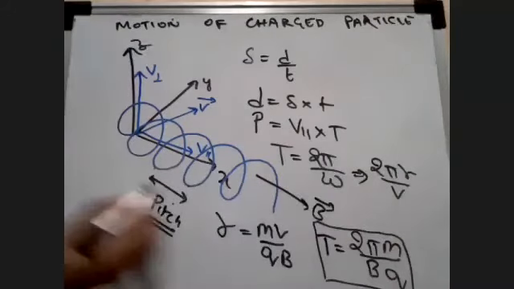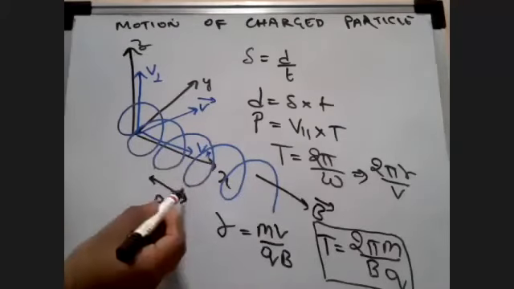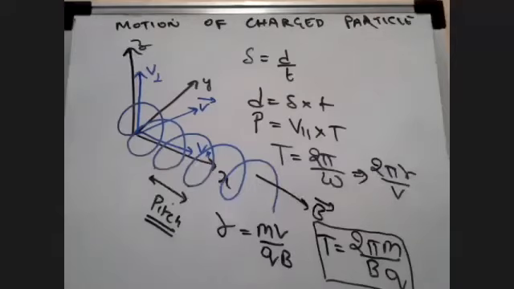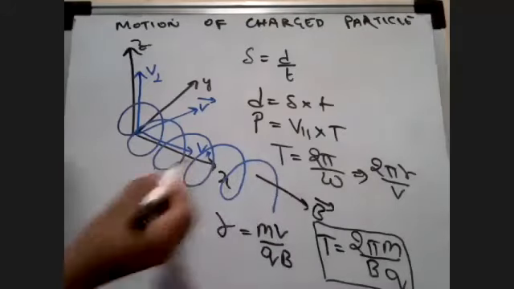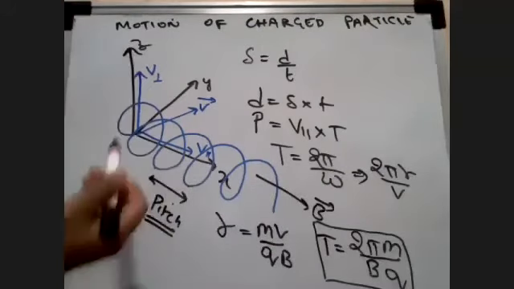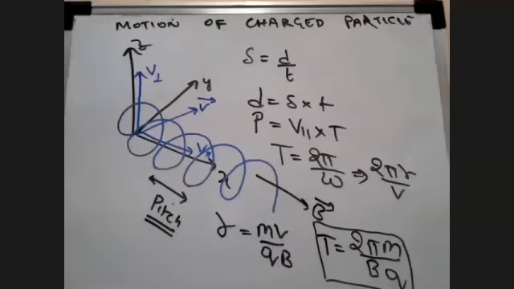The time period is the time taken from one point to travel to the end of the rotation. The first and the second thing we know is that pitch is equal to V parallel into time. Please remember, it is not V perpendicular. By mistake, if you take V perpendicular when calculating the pitch, you are going to get a wrong answer. So this is important.